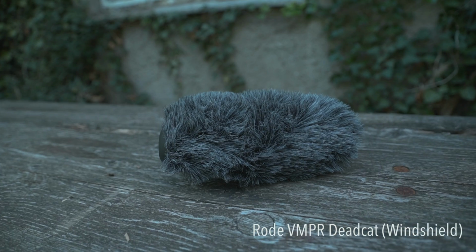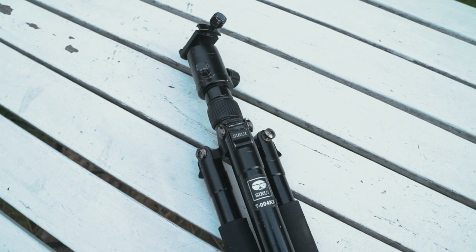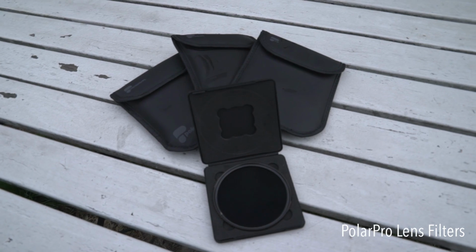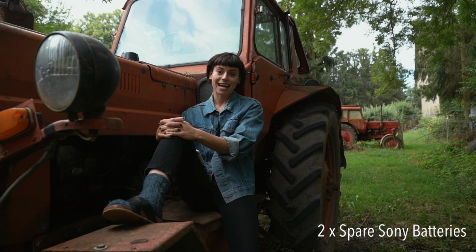Let's go with that. Of course, I have a dead cat on there, SD cards. My tripod is a serious tripod. It's freaking dope. It is so good. It is falling apart because I really treat my gear not very well, unfortunately. I have a whole bunch of lens filters that I've just been given. 2 spare batteries for my Sony, because Sony has the world's smallest batteries and you need a lot of spare